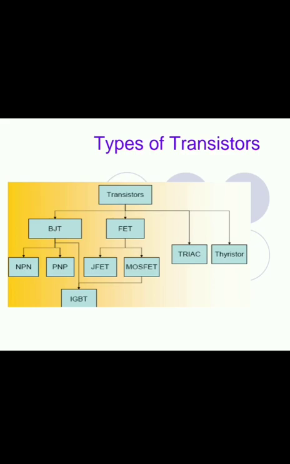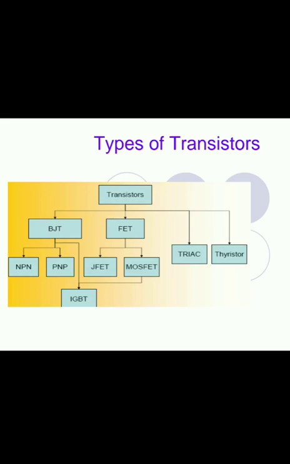It is a bipolar junction transistor which we have studied, in which there are two types, NPN or PNP. If we are sandwiching one P-type semiconductor in between two N-type, we are calling that an NPN. And if we are sandwiching one N-type semiconductor in between two P-type semiconductors, we are calling that a PNP bipolar junction transistor. If you see their symbolic structure, what is the difference between NPN and PNP? Only for NPN, there will be the outward arrow for the emitter. And for the PNP, the arrow for the emitter will be inward.